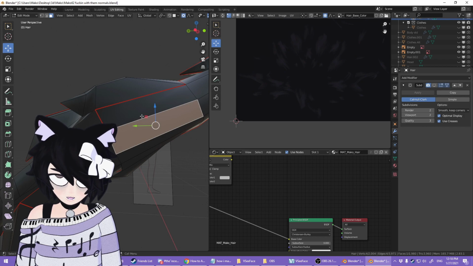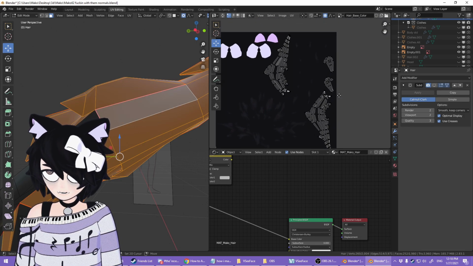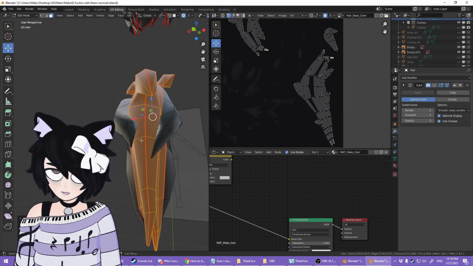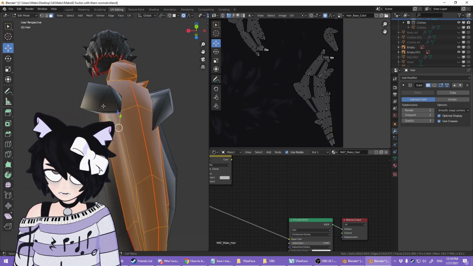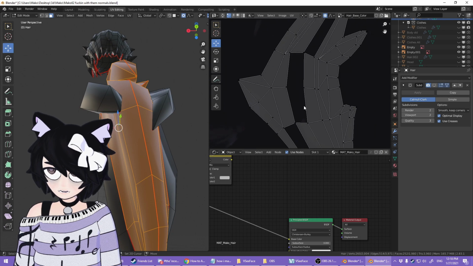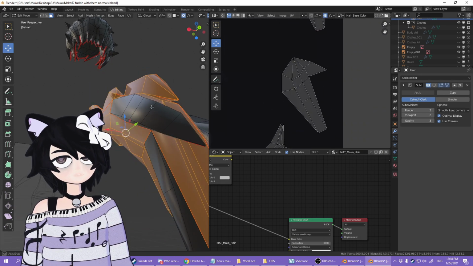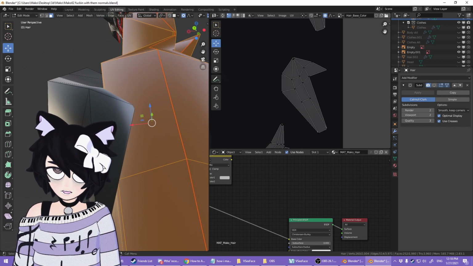Tail was a little annoying trying to get proper. I ended up separating it into several pieces. Well, it's not that complicated, I guess. I have a left and a right side, and then these extra little bits coming off of it. You can see this gap right here is where one of these pieces go. And I had those be their own separate thing because they're kind of overlapping it.